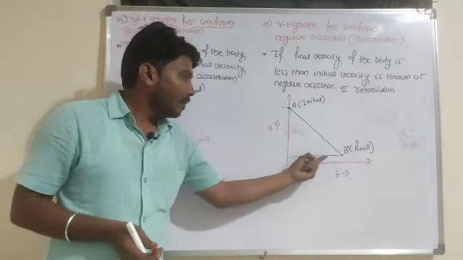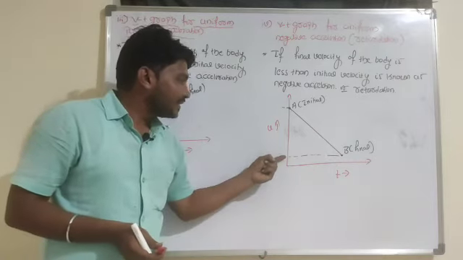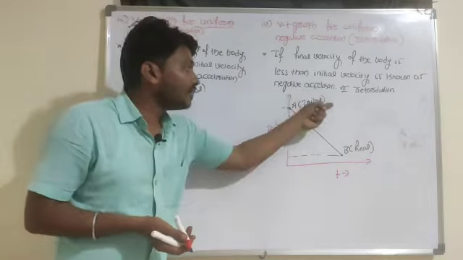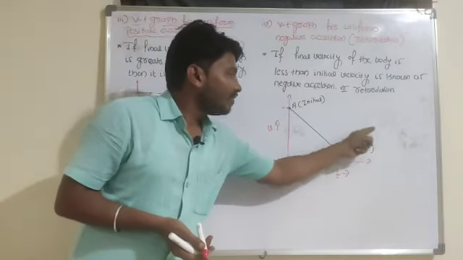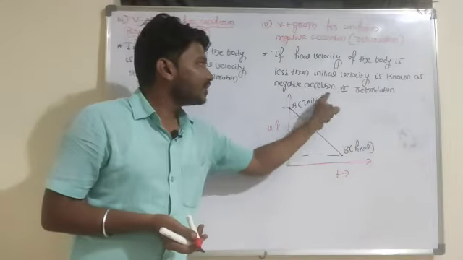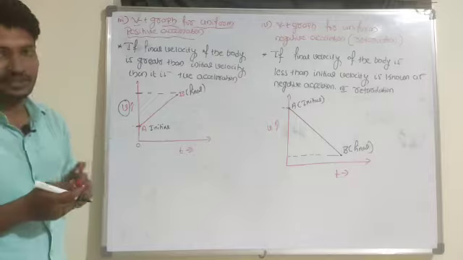Point B intercepts at this point. So the final velocity is here and the initial velocity is here. Which velocity is greater? The initial velocity is greater, and the final velocity is less than the initial velocity. Such acceleration is nothing but negative acceleration, or we can also call it retardation. So hope you